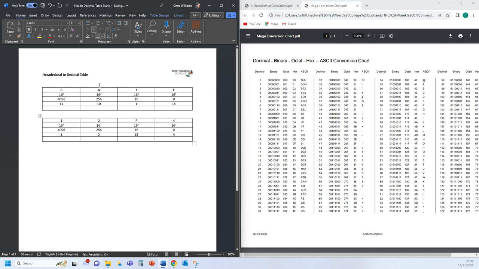So what we are then doing is timesing these values by the decimal value. So it'll be 11 times 4096, 10 times 256, 1 times 16, and 15 times 0. So, without doing a calc,